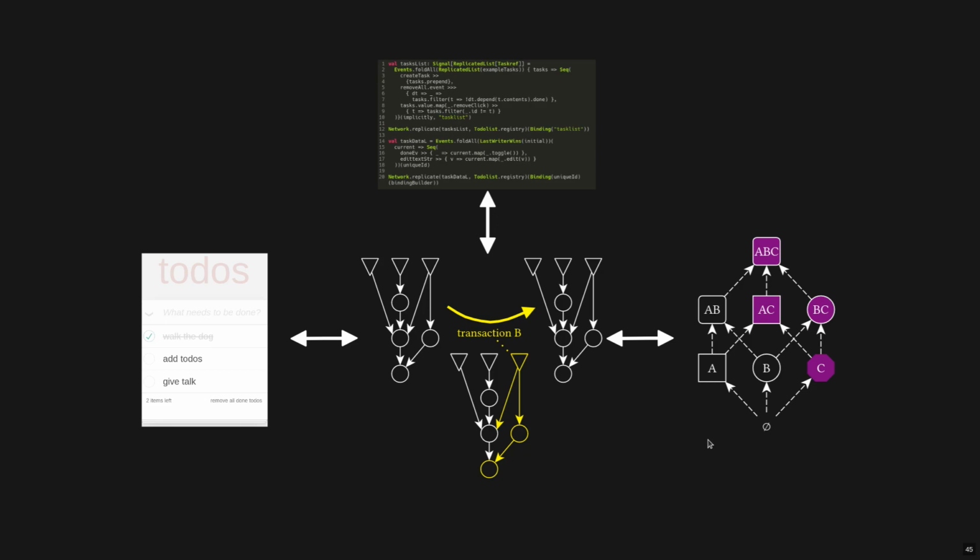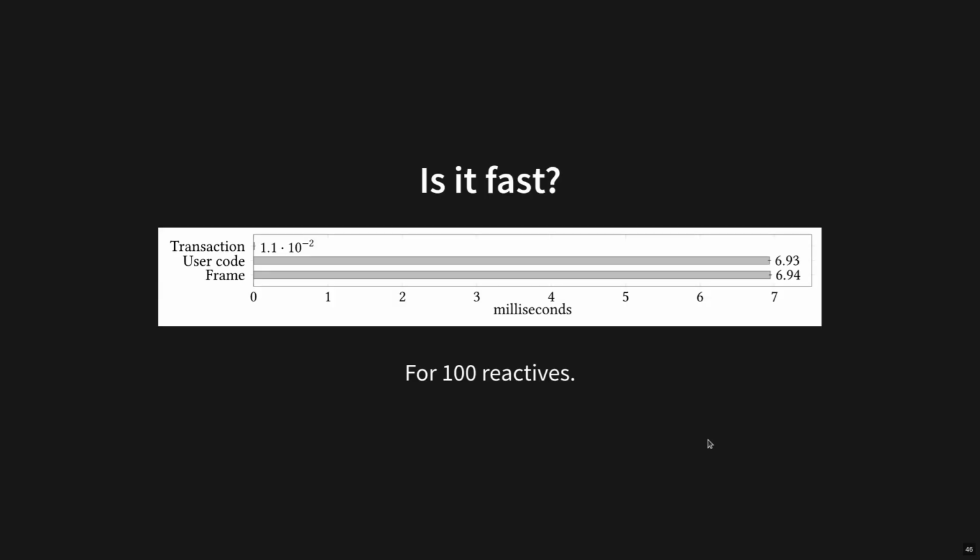And with that, I think there may be one question left, and that is: is it fast? Because if it's great, that's nice, but is it also fast? The answer is yes, it is. A bit longer answer: if we have a transaction that changes 100 reactives, and we give ourselves 7 milliseconds,